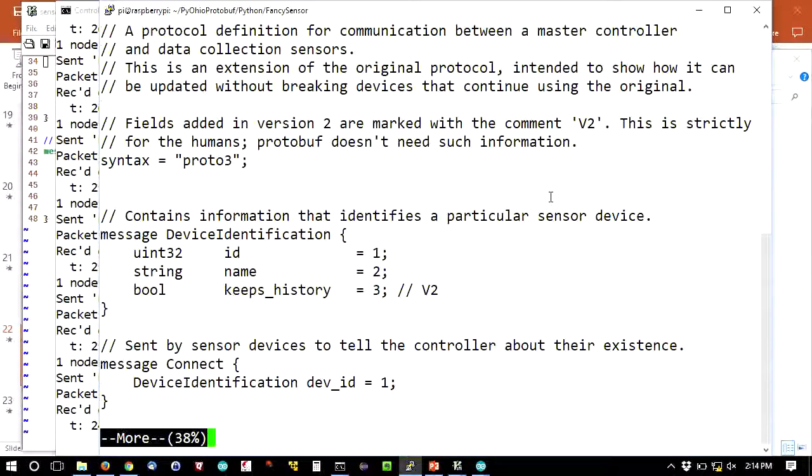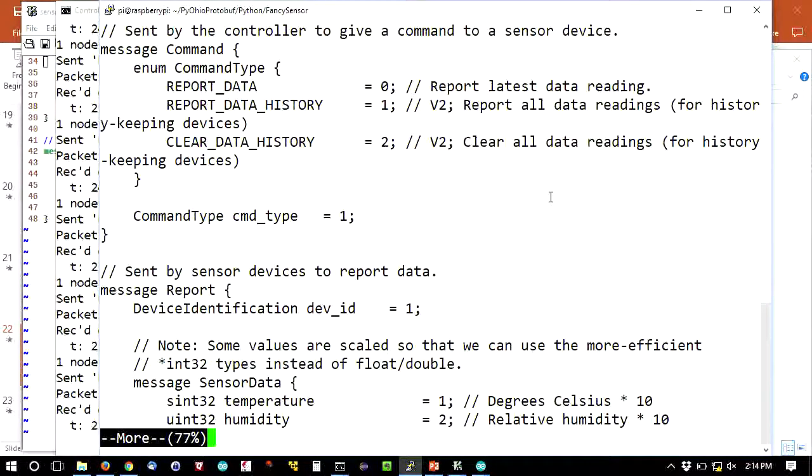Now I've added this history. I denoted my changes for version 2 of the protocol with this comment here. Protobuf doesn't care about comments, so I've just put it there for illustration purposes. Inside of my device identification message, I've also added this new field, keeps history, so that the controller can act accordingly. Also, I've added our new commands. So in addition to reporting data, now I can also tell the remote guy to report data history and